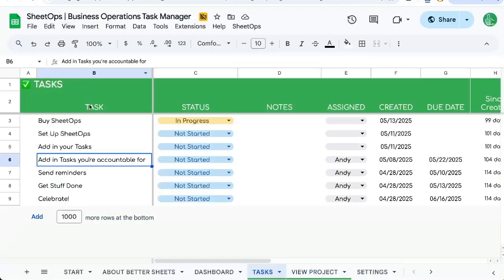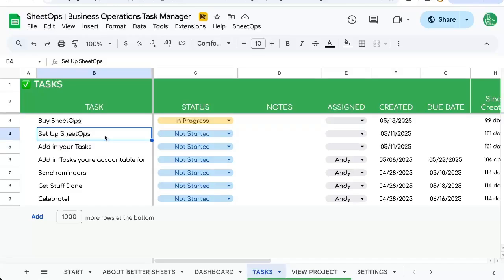So the first one is Sheet Ops. It's sort of the newest, biggest template that I've created, and it's to manage workflows if you're doing operations or you're assigning tasks to yourself or others. So this is great for owner-operators who are doing things themselves, or even if you have a small team or a large team where you say, hey, you need to take care of this in this particular day,